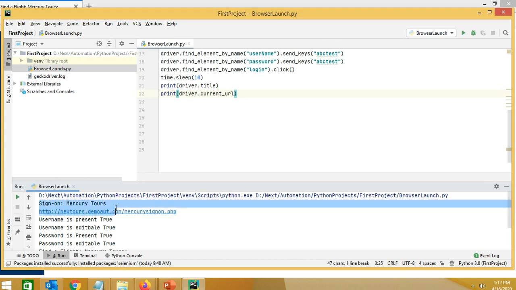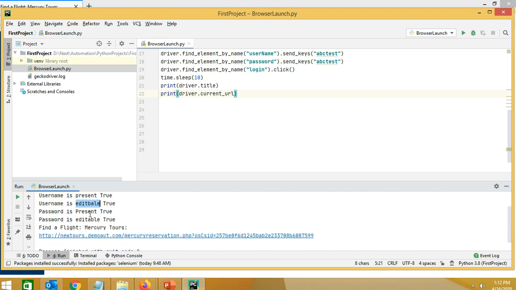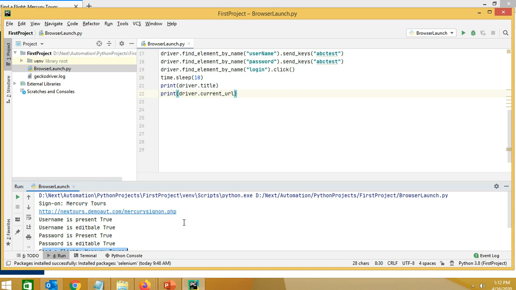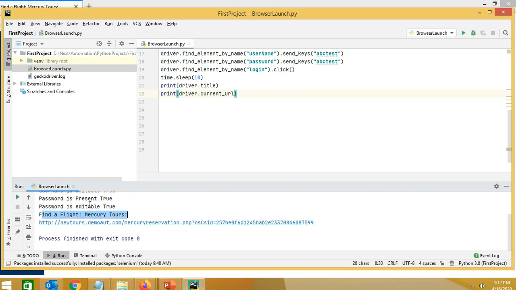It printed the title, checked the presence of the username field, then editable, then the same for the password field, then it captured the title and the current URL. So you can see we started with this URL, and after login the title and the URL got changed. This is how you can use these two things, title and current URL, during your execution.